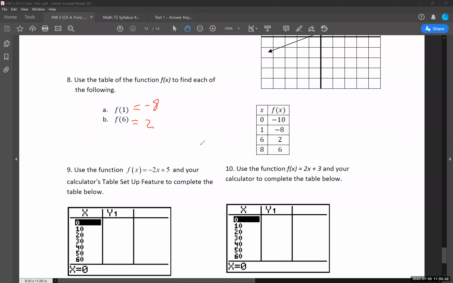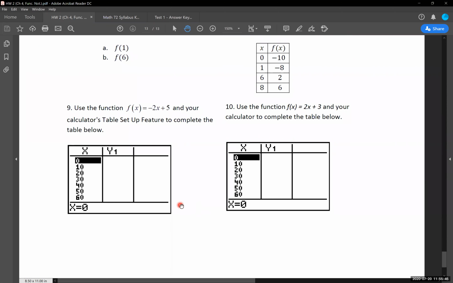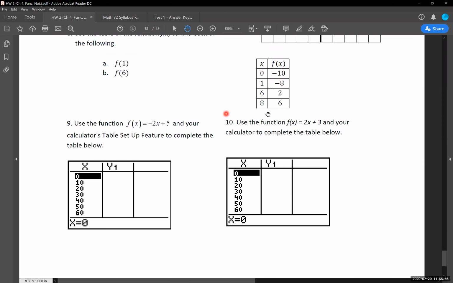Now, we do have other ways. Let me clear these out here. I'm not going to be asking you to do stuff to this extreme with how large these numbers get, but you are also able to type equations into your graphing calculator and have it graph those. And then you can also look at this table of points in your graphing calculator. I believe we went through this earlier in the quarter as well. Now they want you to use the table setup feature to go through and solve each of these values.